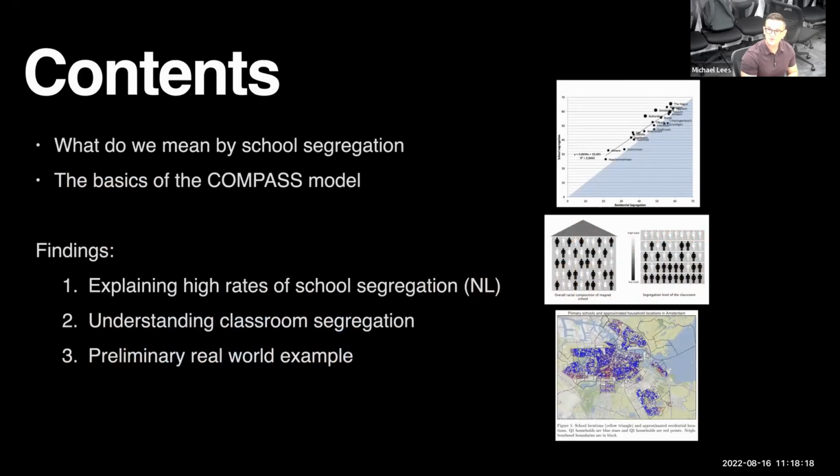So I'll explain a little bit about what we mean by school segregation. I'll then explain the model that we've developed. Already the Schelling model that I've shown you gives you some introduction to that. And then I've got 3 findings which I can tell you about. I'll summarize briefly how these models were implemented. I'll refer you to some papers if you want the details, but I want to explain some of the findings that we've actually discovered. And also explain a little bit about how policymakers really use these models, right?